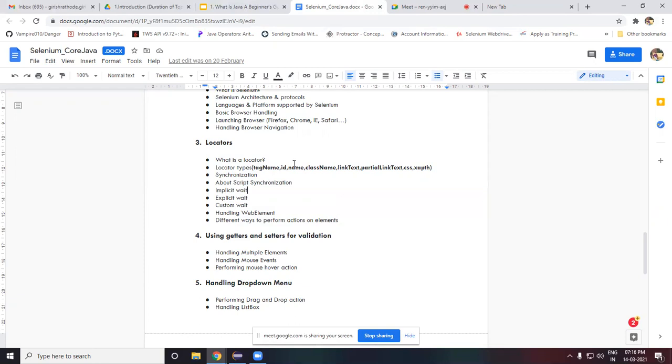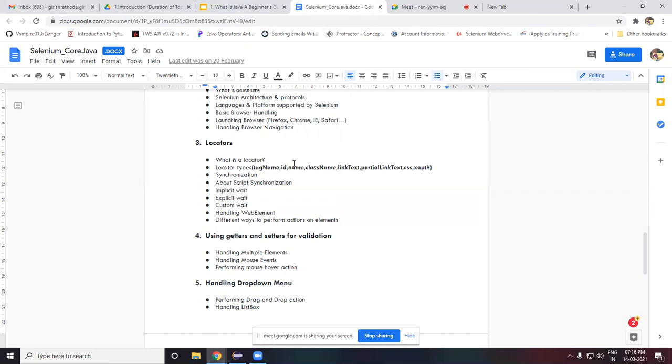Based on those conditions, I can wait till that object is visible, or active, or available for the action to be performed. So this solves the delay in locating elements or loading late locators.